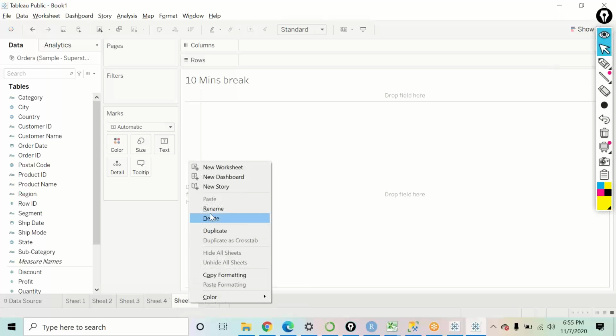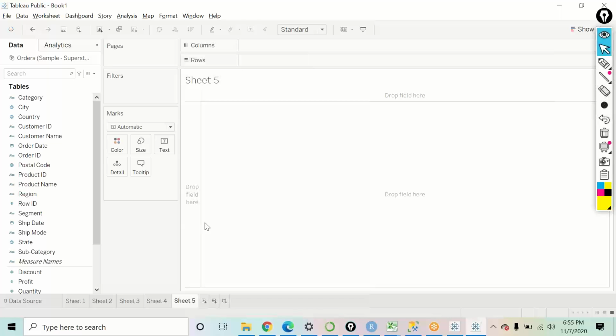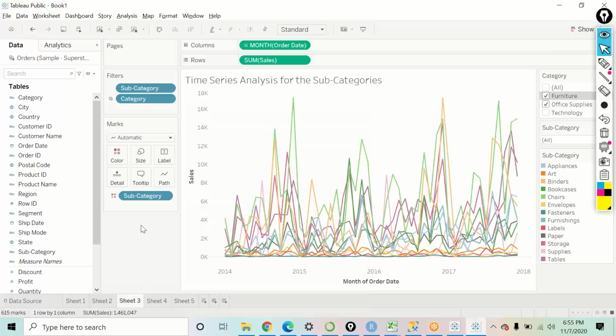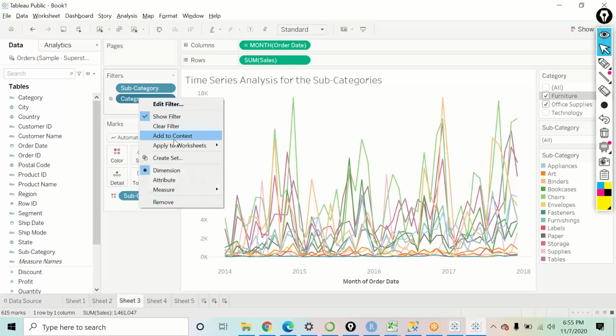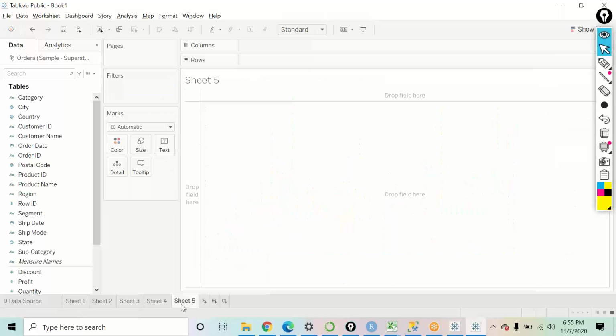Now let me add a new sheet. I'm adding a new sheet over here. I just added a new sheet, and on sheet 3, let me change its setting. I am saying apply to worksheet, all using this data source. See, the symbol has changed. You are getting a small cylinder type of icon. Let me tell you what exactly this is. See, this sheet is blank right now. So now the moment I bring any field over here,